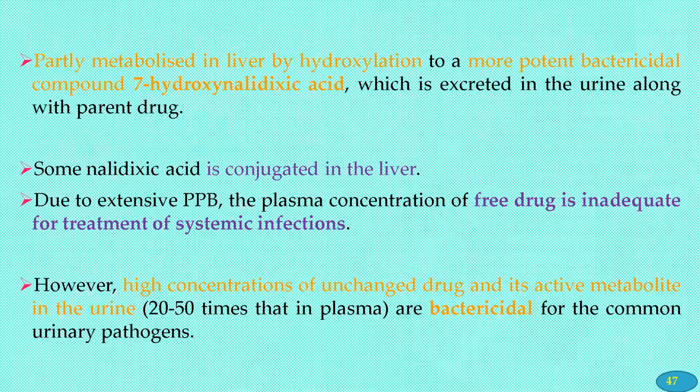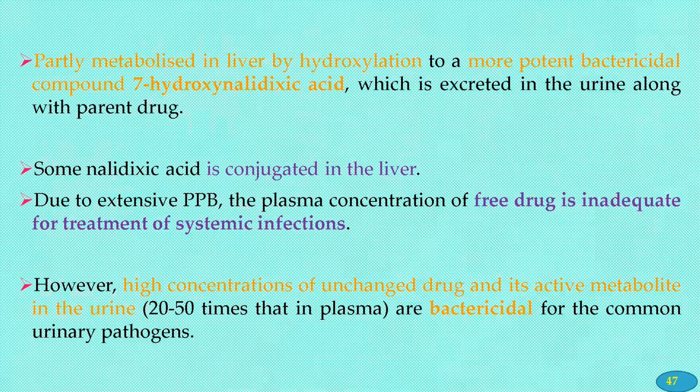Then nalidixic acid is partially metabolized in the liver by hydroxylation to a more potent bactericidal compound, that is 7-hydroxynalidixic acid. This is one of the potent compounds. It is excreted in the urine along with the parent drug. The parent drug is not as effective, that's why it is called a prodrug. Then it is converted to the potent bactericidal